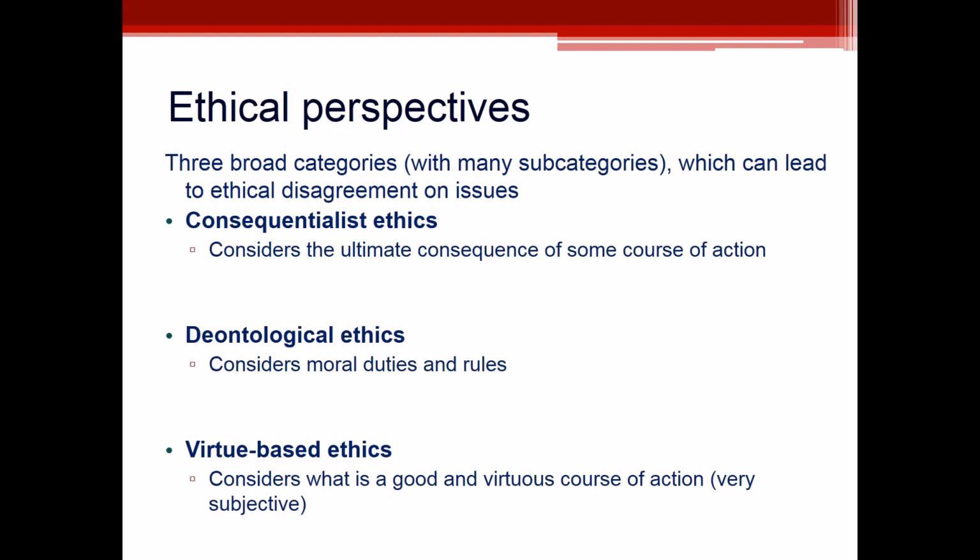So someone holding a consequentialist perspective on ethics basically looks at a course of action or looks at some behaviour and judges that as good or bad based on the ultimate consequences that it creates. Right? So not necessarily just the act that they engage in, but the ultimate consequences down the road. So the classic example when talking about consequentialist ethics is the act of war. War is naturally destructive. People die, property gets damaged, people get harmed and so forth. So it's a very bad thing. But ultimately what a consequentialist would say is if that leads to peace and prosperity down the track, then it can be seen as quite an ethical behaviour.